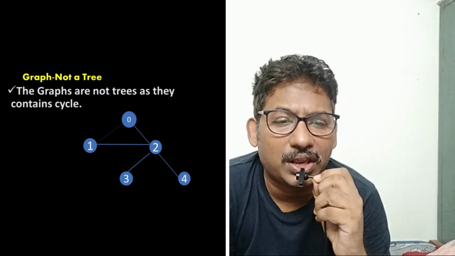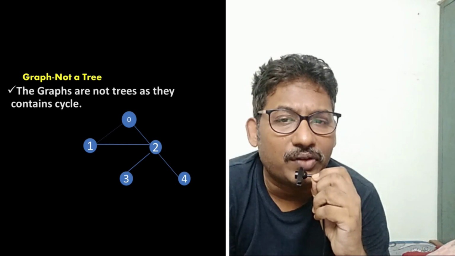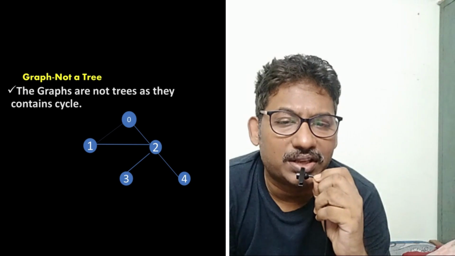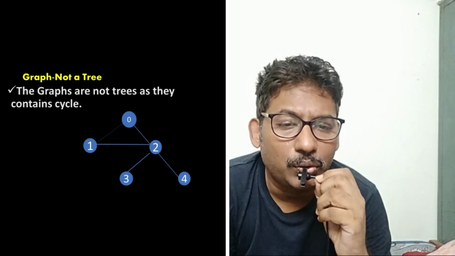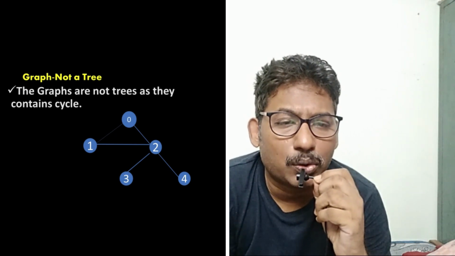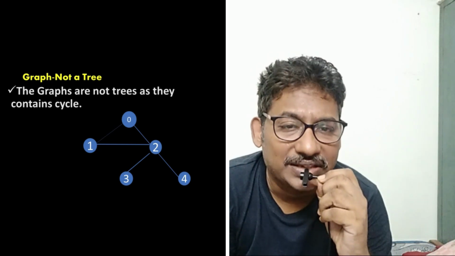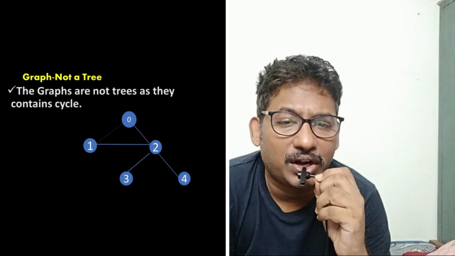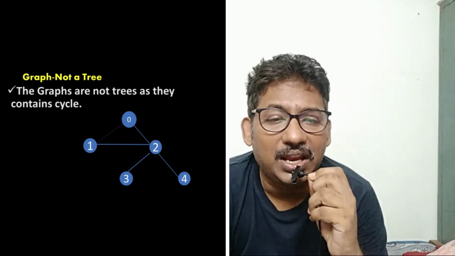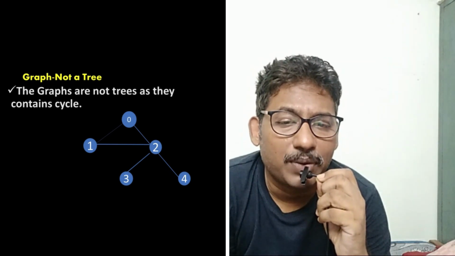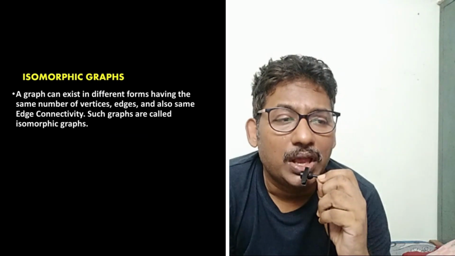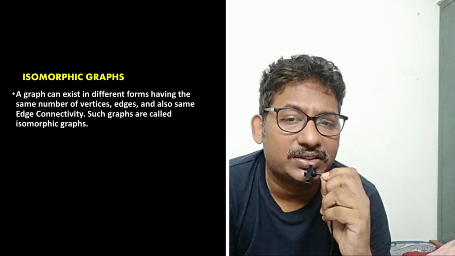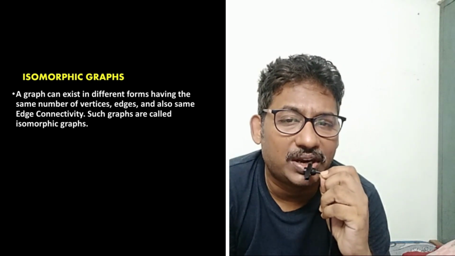The diagram shown here is a graph, it is not a tree, since we have a cycle at the start, that is 0 to 1, 1 to 2 and 2 to 0, again it is a closed one. So it is a cycle, and this particular graph having a cycle is not considered a tree. If there were no path between 1 and 2, then we could say it is a tree. So you have to understand the difference between a graph and a tree.